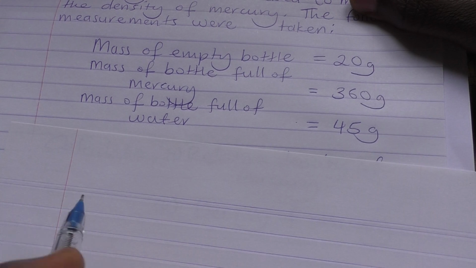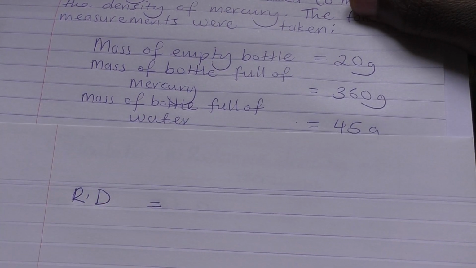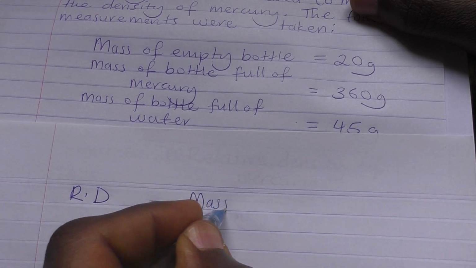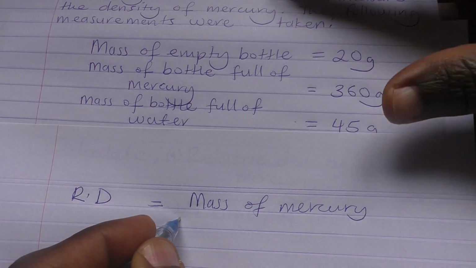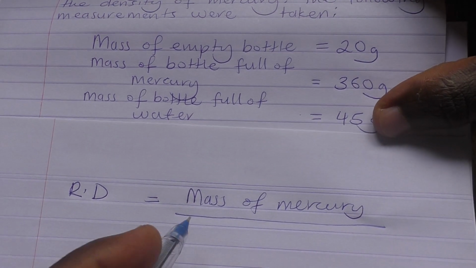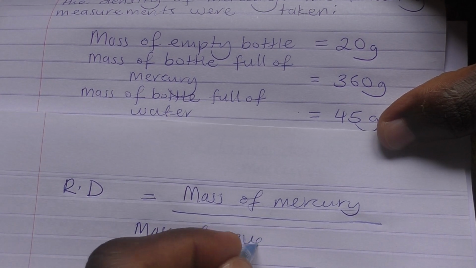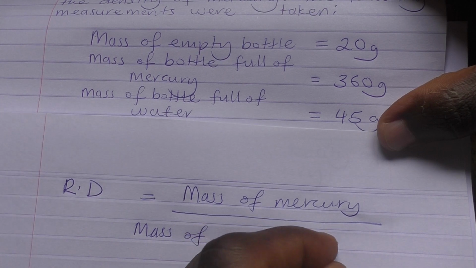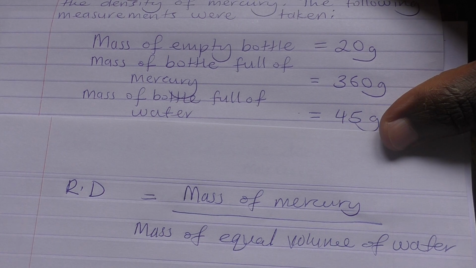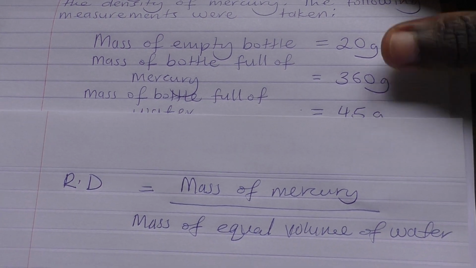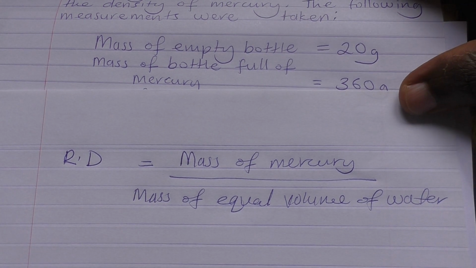So we shall say that our relative density, RD, equals mass of mercury over mass of equal volume of water. And now, since we are using the same container, which is a density bottle, the volumes are equal. Therefore,